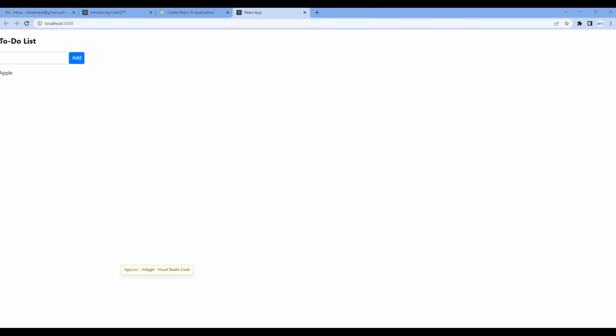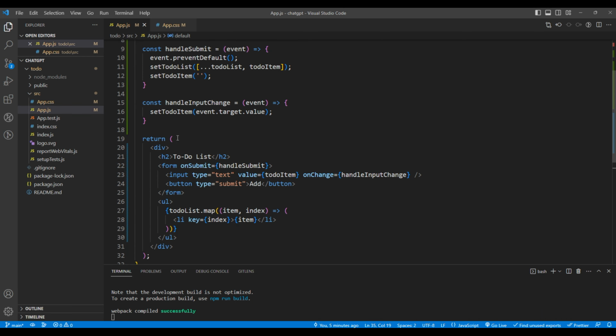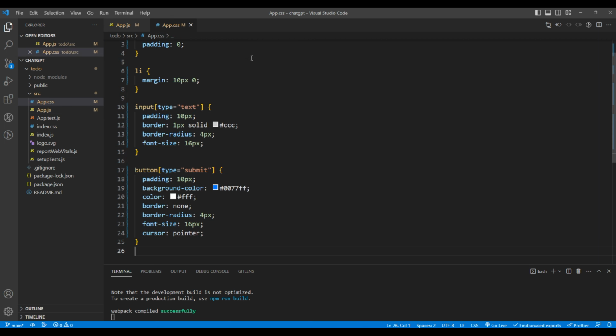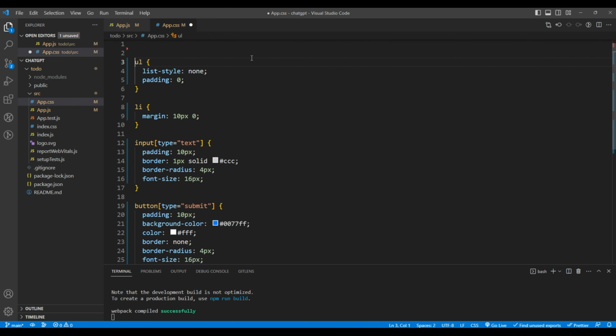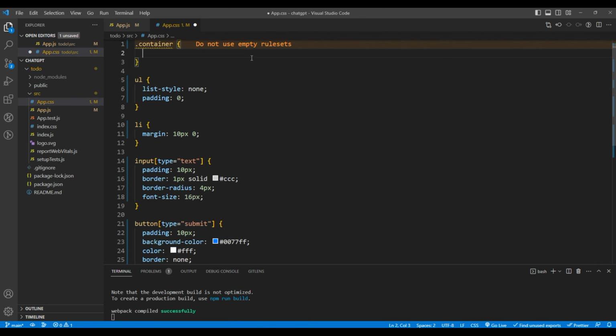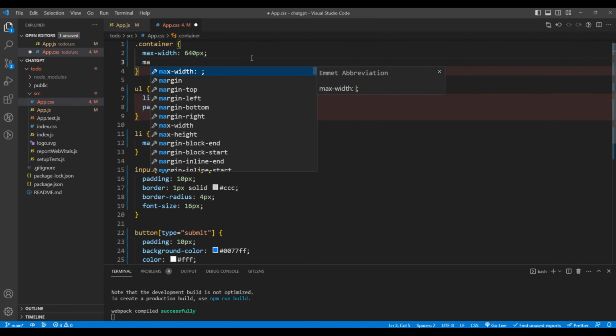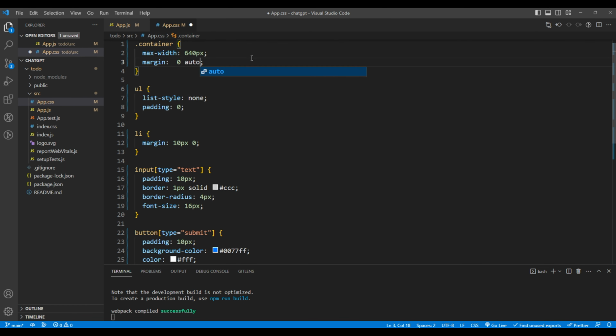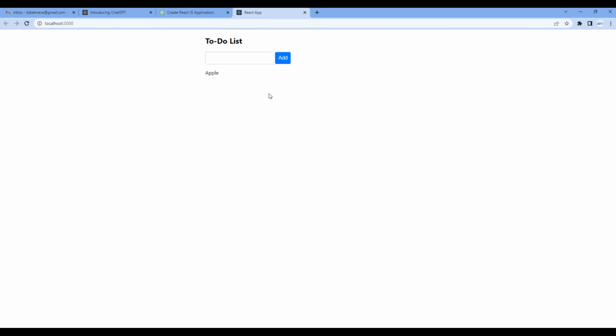Now I want to keep them at the center. So in app.js, in the div tag, I want to add a class container. Then in app.css, I will use that class name, add max width 640px and margin 0 auto. Click the site again, and now it is at the center. Let's add one more item,